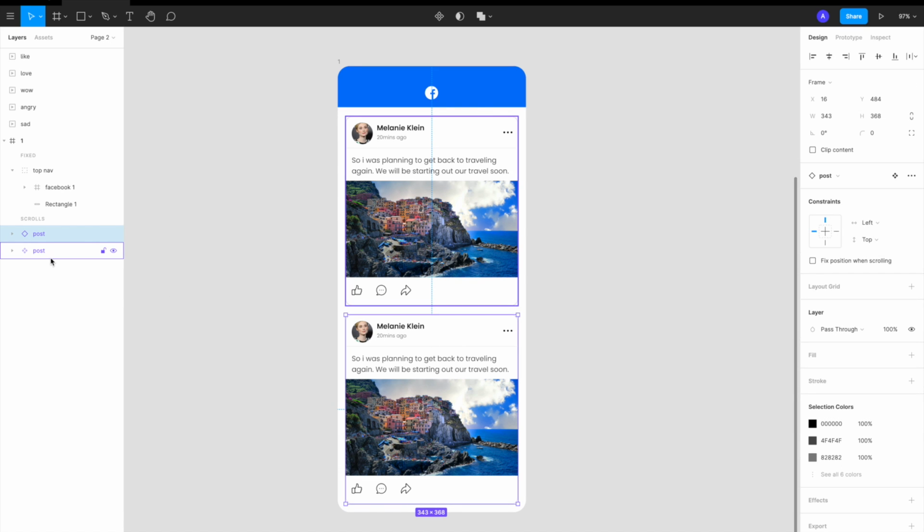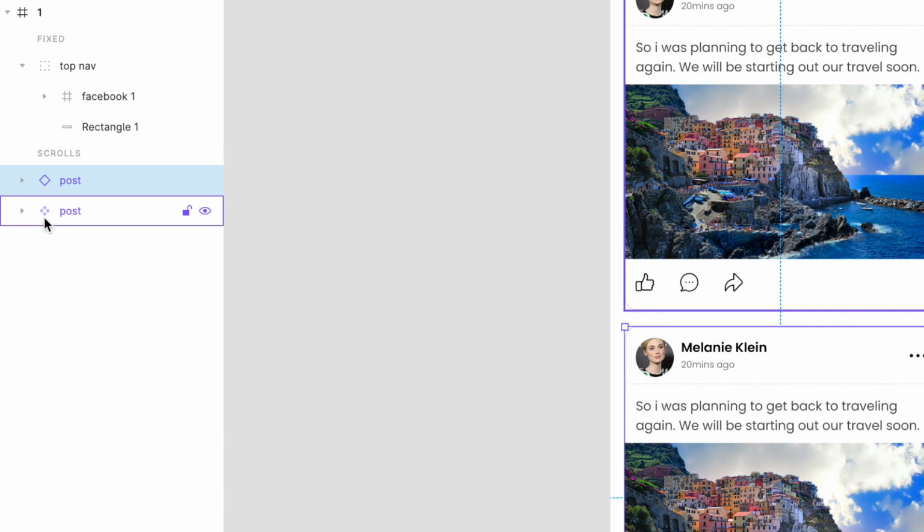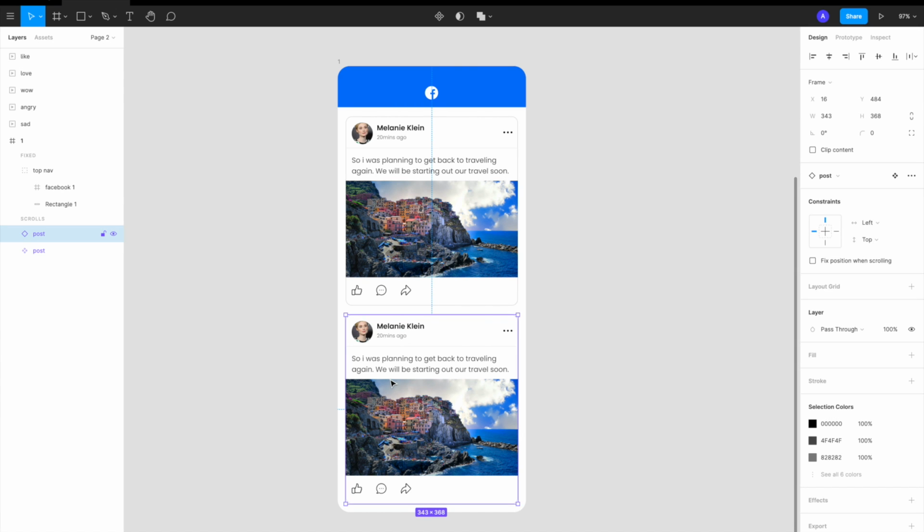Now, how do you figure out which one is the main and which one is the instance? If you see in the panel, the main component is reflected by the solid four diamonds, and the instance is reflected by the hollow diamond. And if I change anything here in the main component, it'll also get reflected in the instance. The other thing is there's another benefit in prototyping, which I'll explain when we do the prototyping bit. But for now, this is the main component and this is the instance.